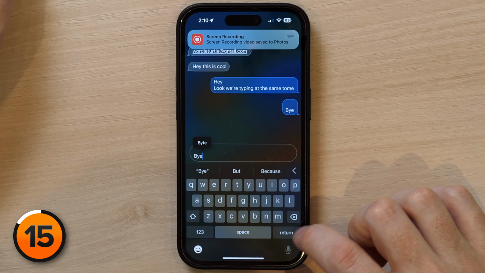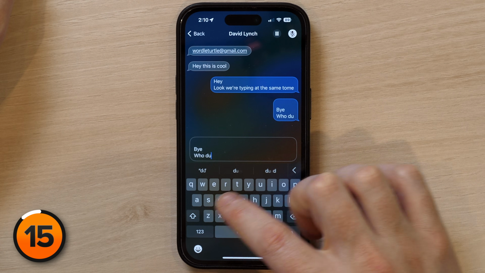wordleturtle@gmail.com, I see. RTT stands for real-time text, and it allows you to send real-time text messages to someone in the phone app. Next up, one of my favorite tips, and something I started using every day maybe a few